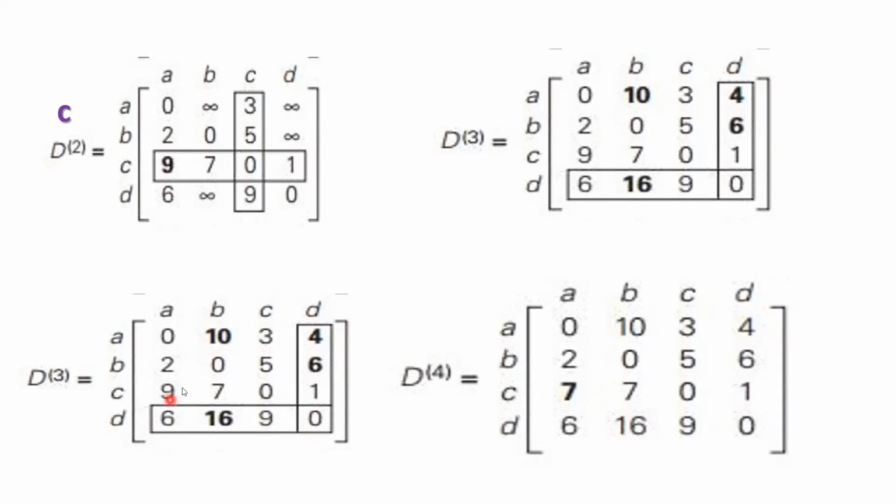But it is updated. What? C to A, it is updated. You can check, it has been bold. So how? C to A. C to A by considering D as intermediate means C to D, D to A. C to D, it is 1. D to A, it is 6. So 1 plus 6, it is 7. So it was 9 earlier. 7 is minimum than 9, and hence I will replace 9 with 7, because this is better path, this is minimum path. Like this, you have to check for all. If you get better, if you get minimum than existing, you have to update.